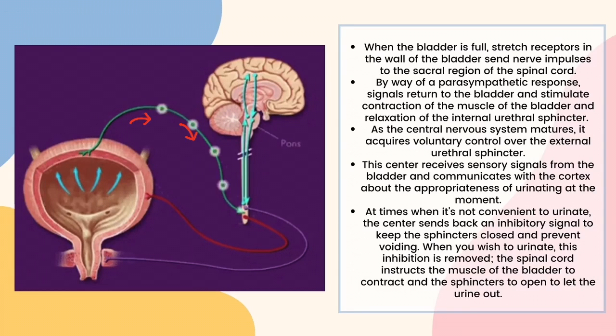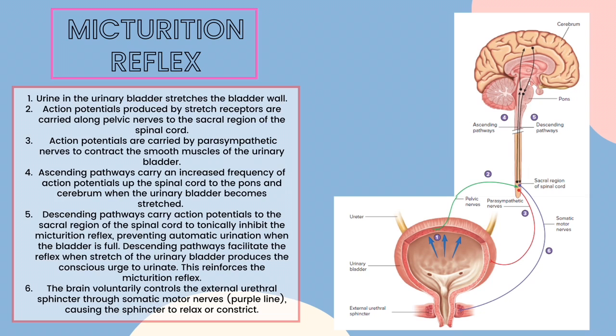The spinal cord instructs the muscle of the bladder to contract and the sphincters to open to let the urine out. Overall, there are 6 steps in the micturition reflex. First, the urine in the urinary bladder stretches the bladder wall. Second, the action potentials produced by stretch receptors are carried along pelvic nerves, which we can see here as the